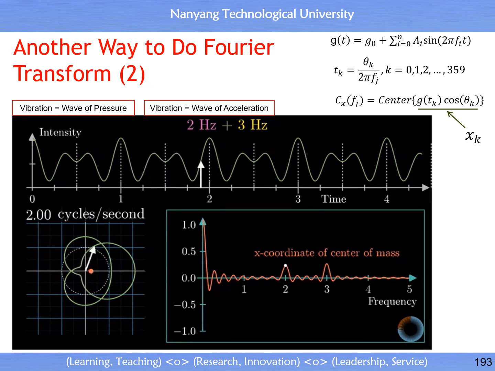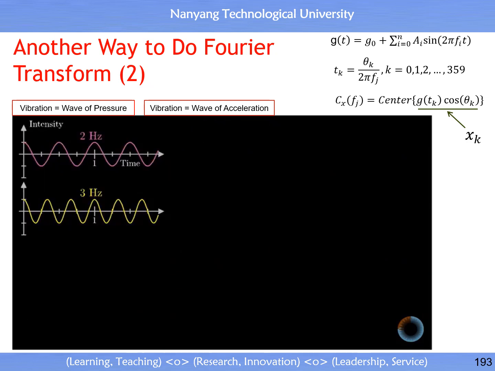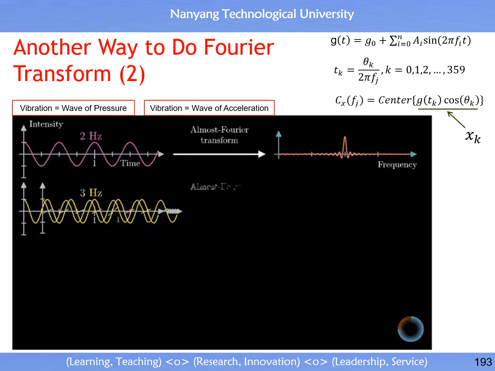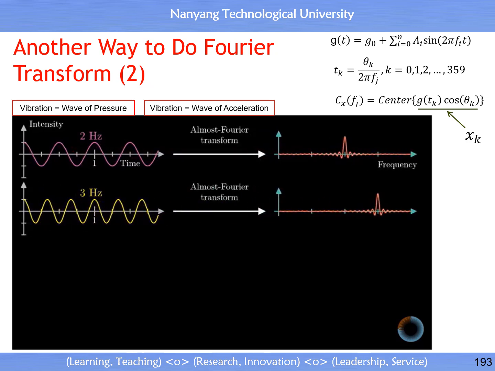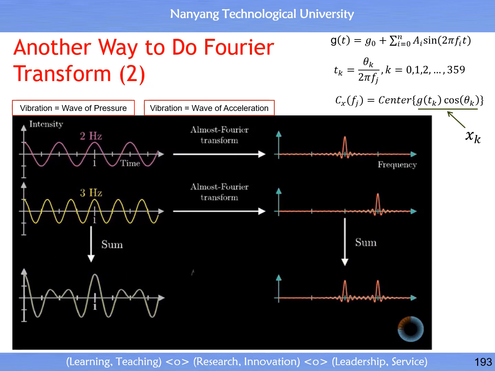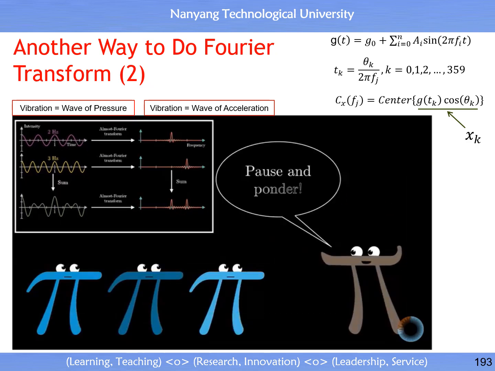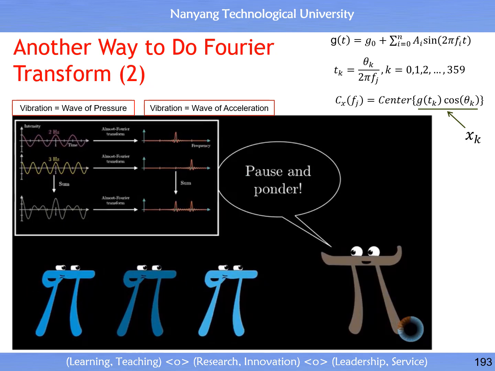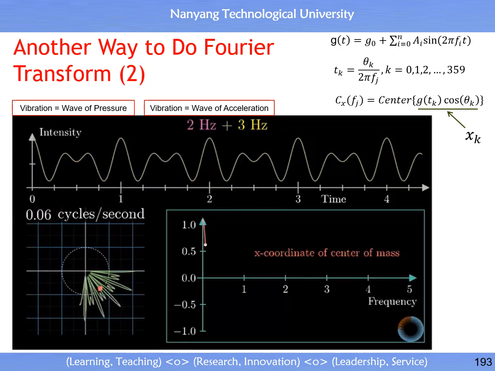Now what's going on here with the two different spikes is that if you were to take two signals and then apply this almost Fourier transform to each of them individually, and then add up the results, what you get is the same as if you first added up the signals and then applied this almost Fourier transform. And the attentive viewers among you might want to pause and ponder and convince yourself that what I just said is actually true. It's a pretty good test to verify for yourself that it's clear what exactly is being measured